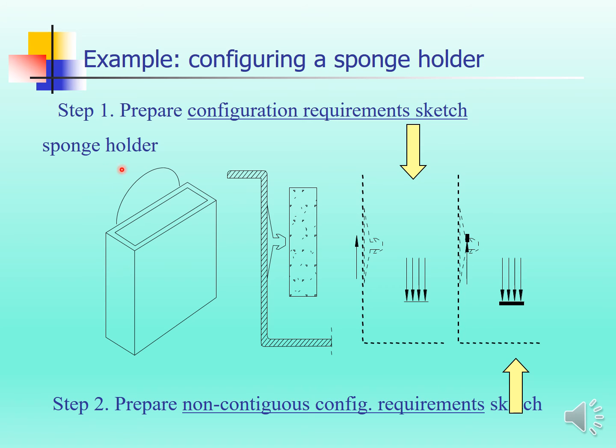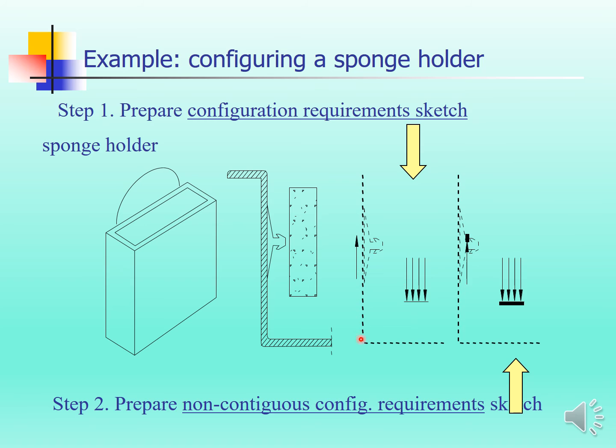In this example, prepare the configuration requirement sketch. The sponge holder is the ideal configuration. This is the holder, and we stick it on the wall, and this is the force